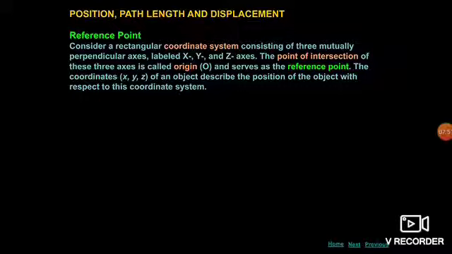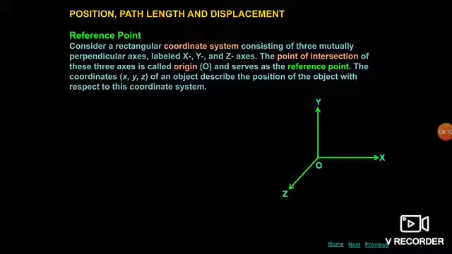I am just giving you a very simple example. In your room you have three coordinate axes, x, y and z. Suppose something is hanging on the roof, and you want to tell how much distance it is from the x axis, how much distance from the y axis, and how much height it has from the floor. It means that the position of that particular object will involve the x axis, y axis and z axis. This is known as three dimensions. We have to consider some reference point and take one origin also, so that we can tell the exact position of that body.